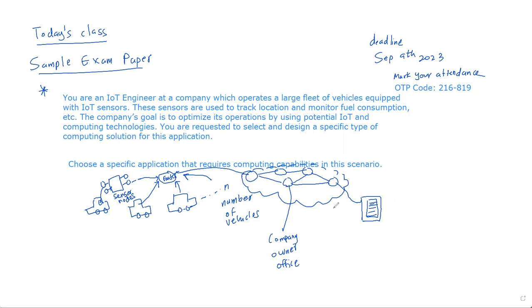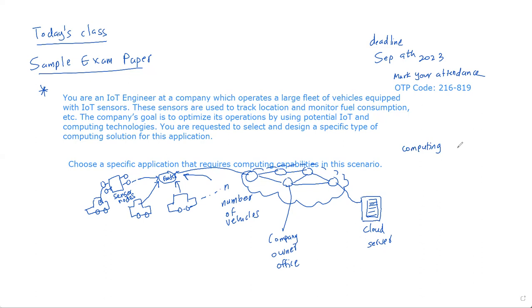This could be the network that will be used by the company. So this is the cloud server, right? So this is the kind of common solution that can be applied for doing the computing in the network. Okay, so in this question, the question is asking us to select and design a specific type of computing solution for this application. So computing solution means like